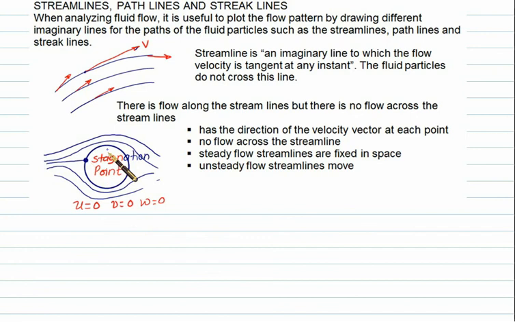If a circular cylinder is placed in the flow, one of the streamlines will strike exactly at the center, and the velocity will become 0. In that case, the given point is called the stagnation point. At the stagnation point we have velocity u equal to 0, as well as v equal to 0, as well as w equal to 0.